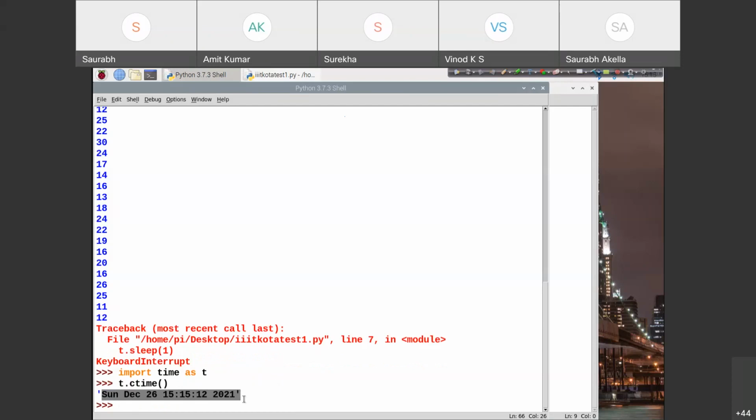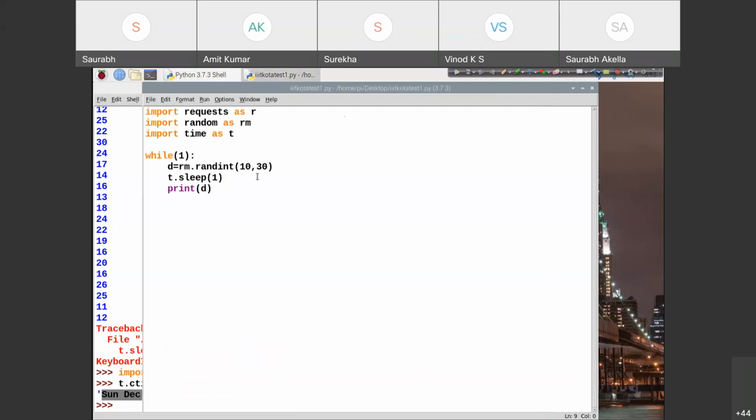If we want to, we can combine this data together. So let me get td, time data, equal to t.ctime as well. I want to combine d and td together.